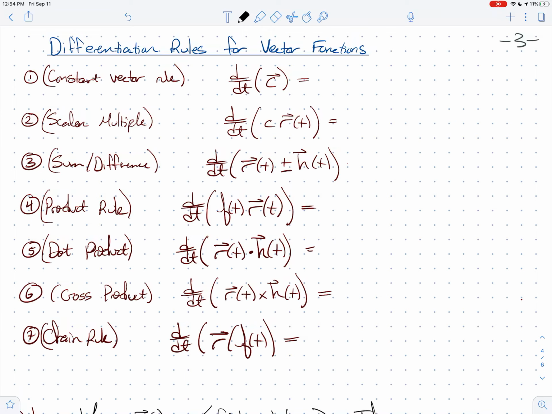All right, I want to work through some differentiation rules for vector functions. I'm not actually going to do examples of a lot of these. I'll let you work through some in the homework. It shouldn't be too challenging for you, but I do want to explain the rules to you so that you